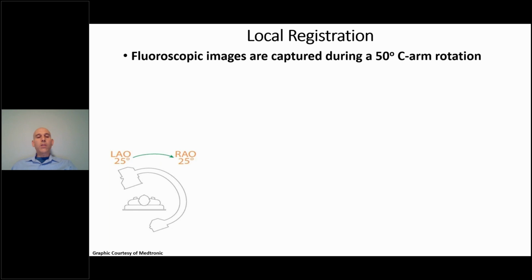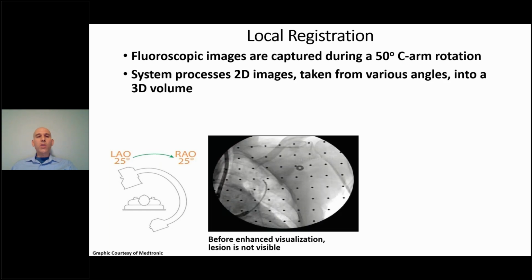So if it's a right-sided lesion, you'd be at LAO 25, and then you would sweep around and do a 50-degree rotation over the area of lung parenchyma of interest and perform this over about 10 to 12 seconds after the patient's been apneic, provided the patient's under general anesthesia,